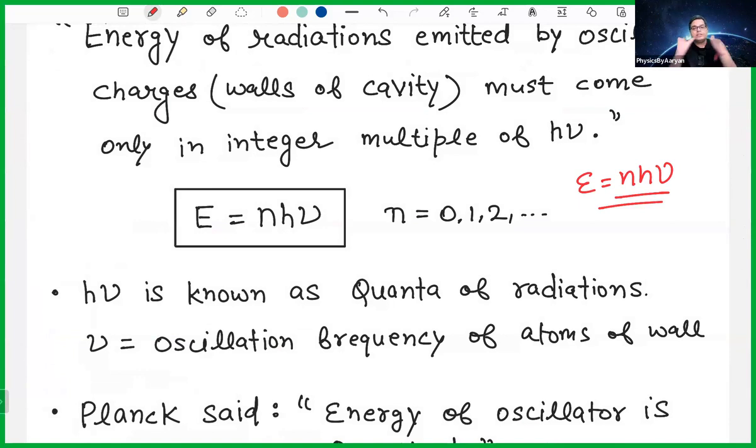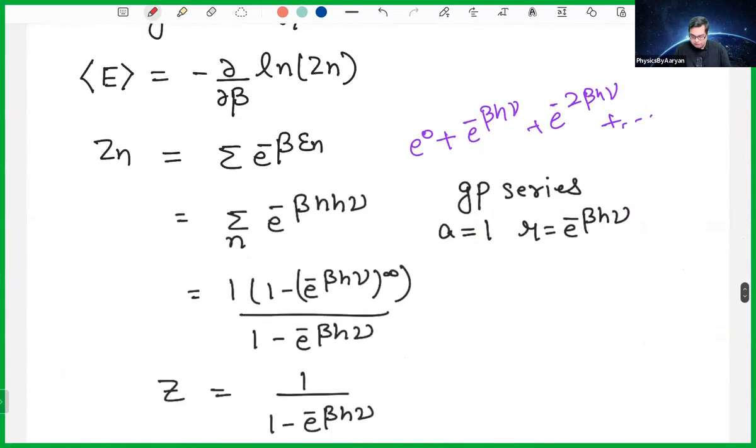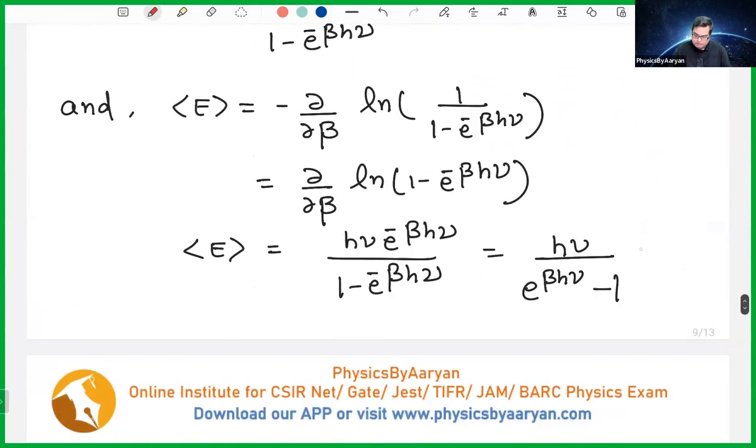Okay. So then he calculated the average energy using statistical mechanics. What will be the average energy for every oscillator? When the average energy was calculated, this came out to be the average energy. You don't need to go for the derivation. If you want, you can look at the lecture. It has been done very nicely. Now, this average energy formula says that